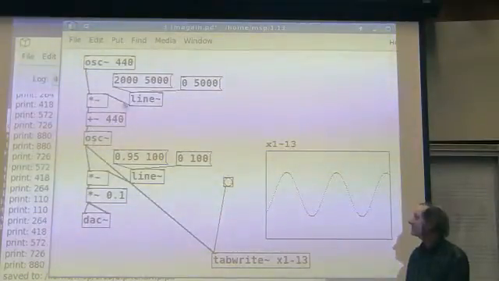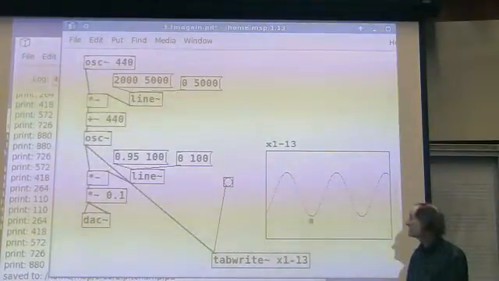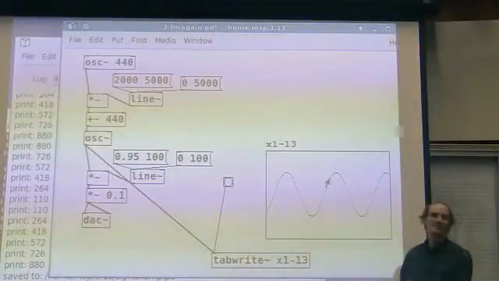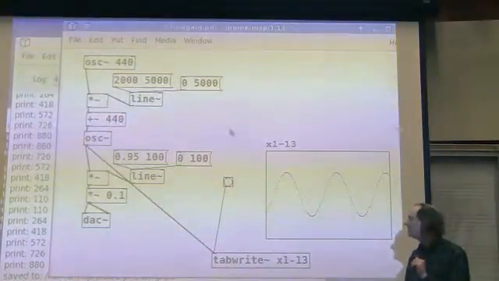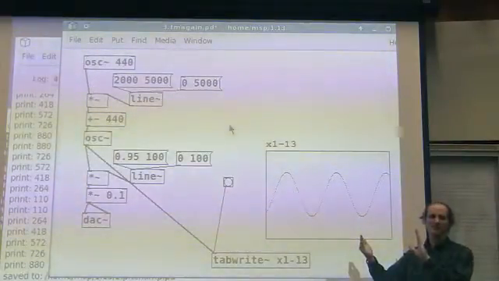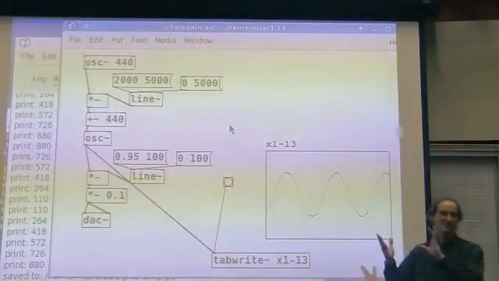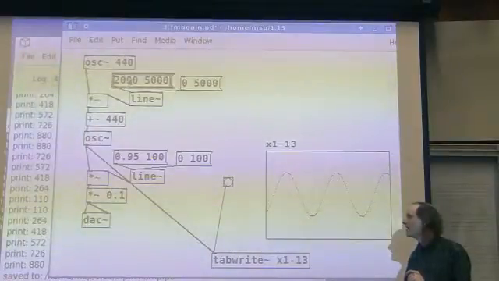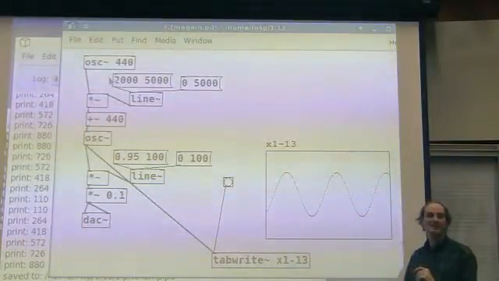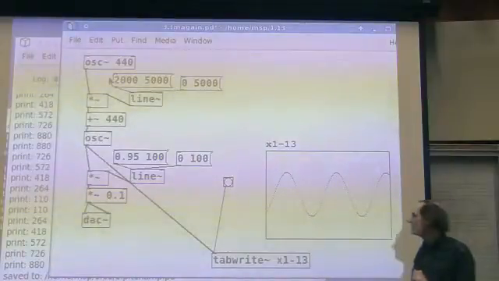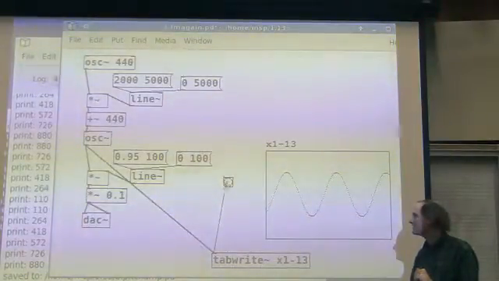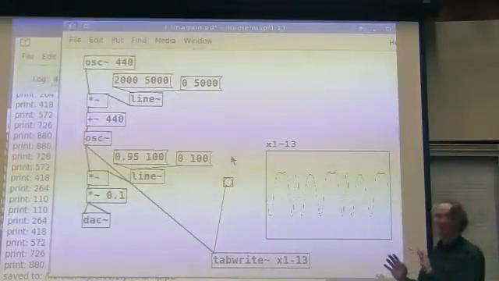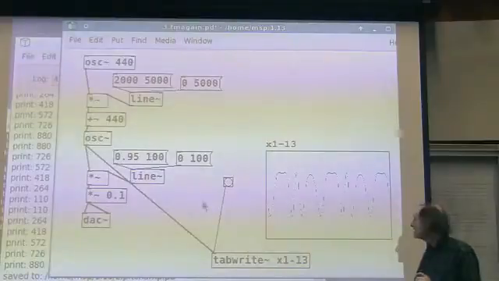Okay, so now we're looking at the oscillator, but we're not changing the frequency. So now you see the period of the oscillator is from, for instance, here to here. It's about 2/5 of this window long, right? Okay, I changed the window, by the way, so that it's, I think, 250 points now. So it's a very short amount of time in the life of this sound. Now I'm going to send the oscillator up to amplitude 2000. I'm not going to graph that because it would be through the roof. But you can now still look at the output of this oscillator, and then you get, okay, now this requires some explanation. It still has the same cycle,